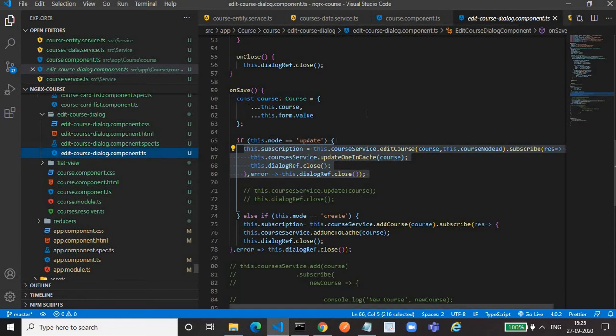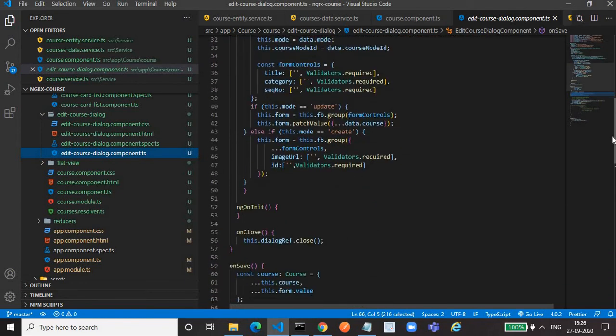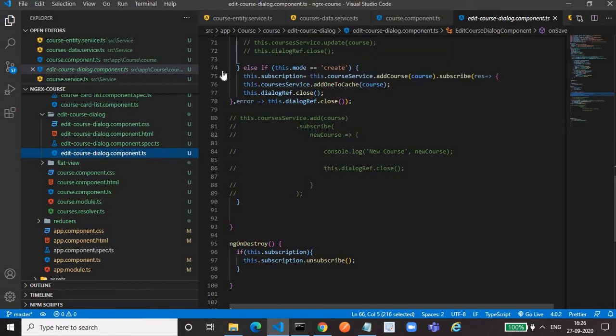In the edit dialog, we have the add method, which we have written in the onSave method. For add, the mode is create. These are all Angular concepts, so I am not going deeper into that. We will consider only the NGRX concepts, not the basic Angular concepts.